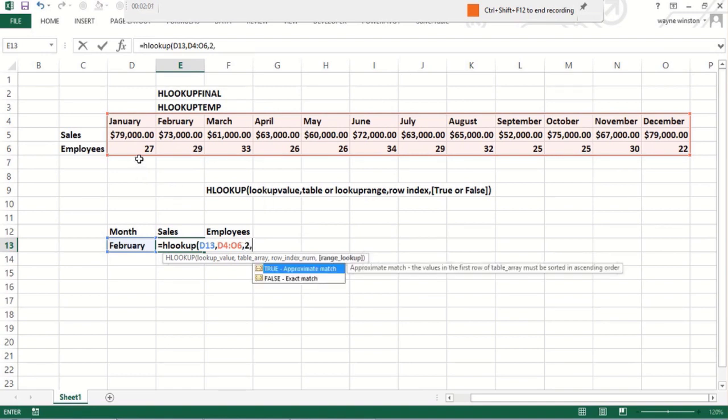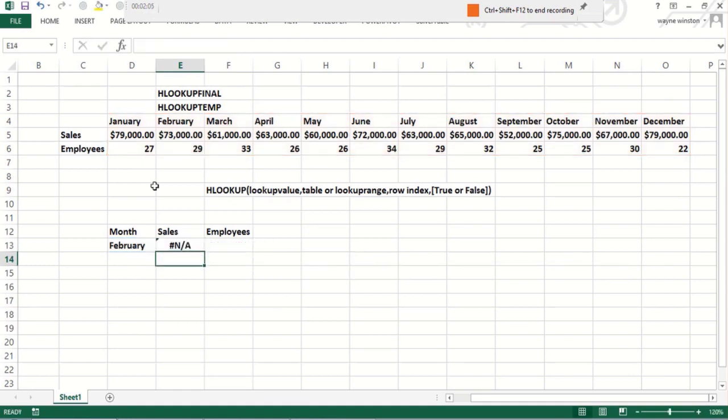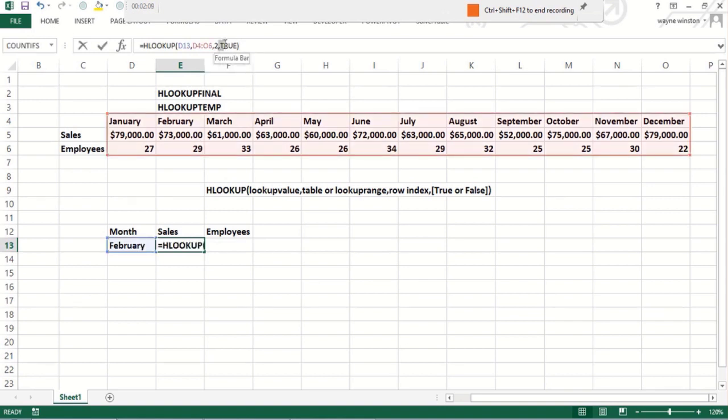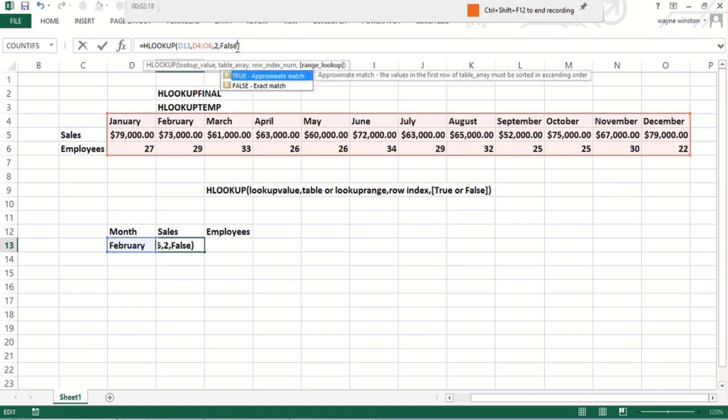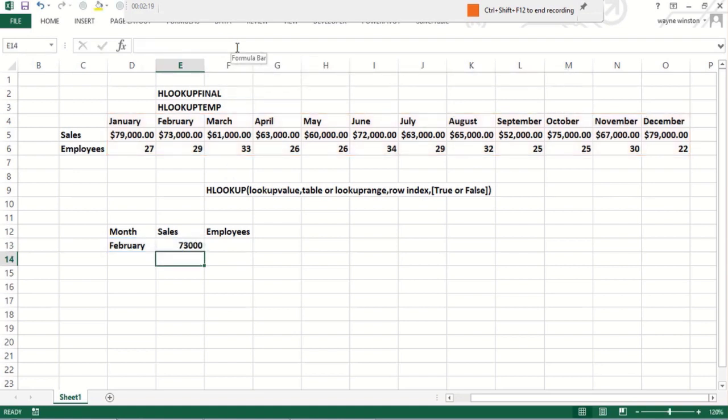So I'll put in 2, and then I should put in true, or I could omit it. And hopefully that, oops. So, oh, I forgot it's false, like with VLOOKUP. Okay, because it's months, it's not stuff arranged in ascending order, so it's actually good I made that mistake. You should see the NA there. We'll learn how to deal with those NAs later. So your sales are